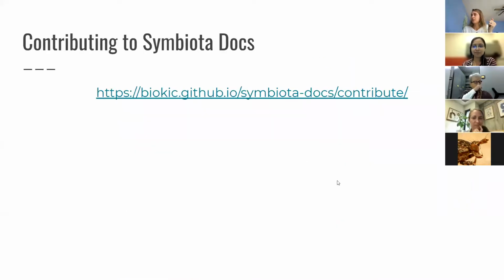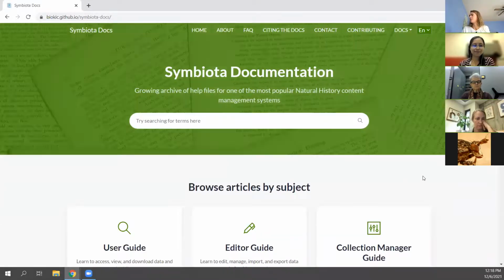All right, so I'm also going to talk about contributing to Symbiota docs, but very briefly. And I already mentioned this. Let me pull up Symbiota docs again. Here you go. And one thing I neglected to mention when I was talking about the discussions is that in